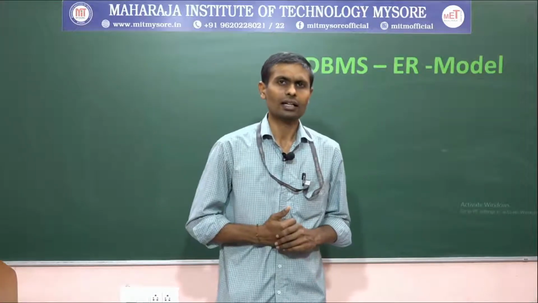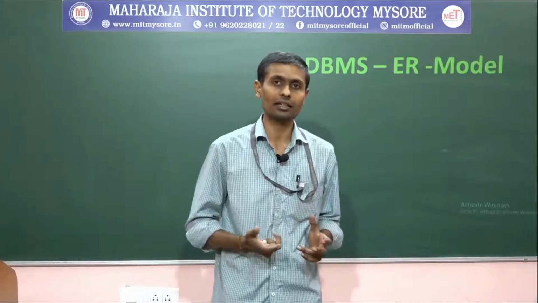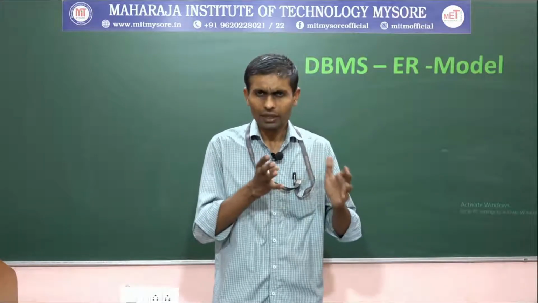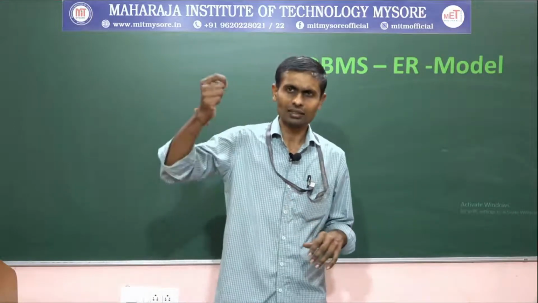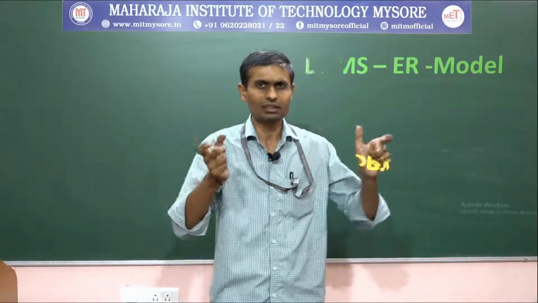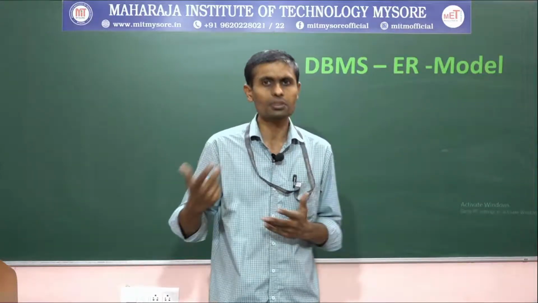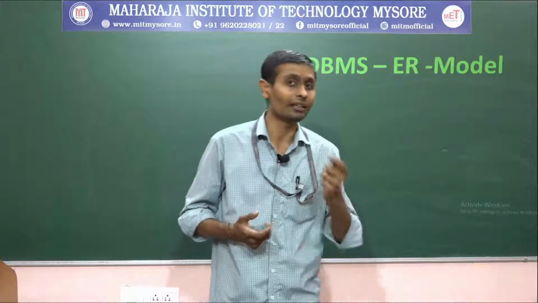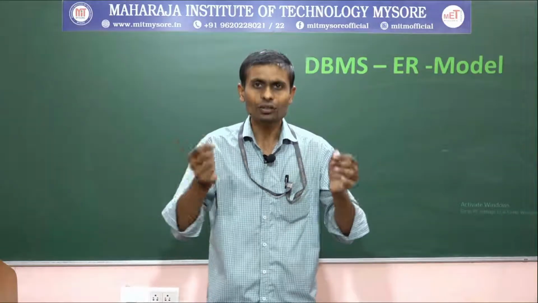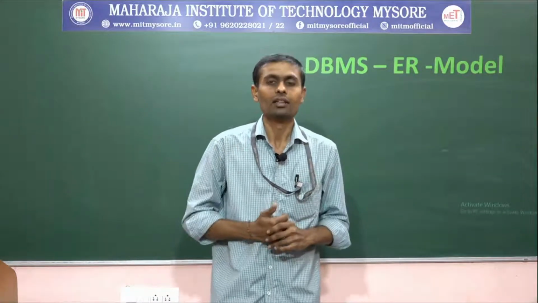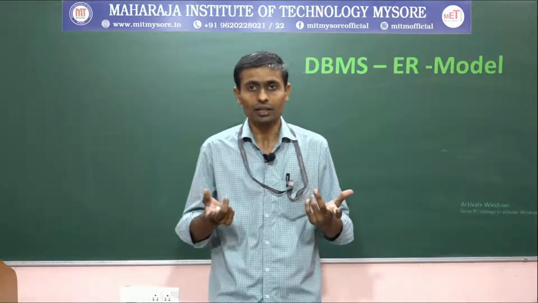Then after that, we discussed what is meant by entity type, then entity set, and we compared this ER model to object-oriented concepts. The class name represents an entity type, and the instance of a class, which we call an object in object-oriented concepts, we call here an entity, where each entity shares all the common attributes attached to that entity type. Each entity has its own values under each attribute, so that we have seen.